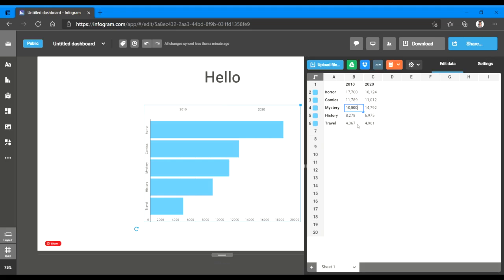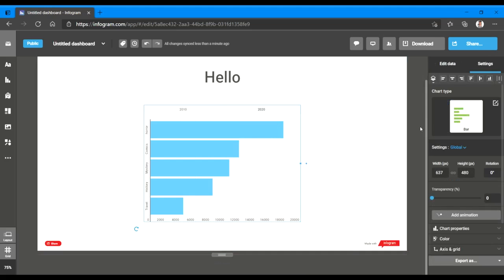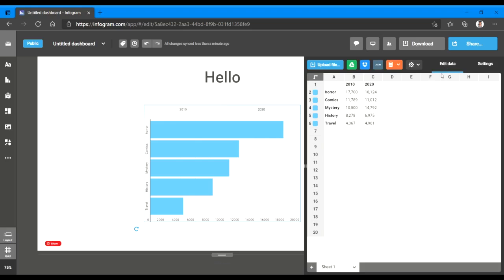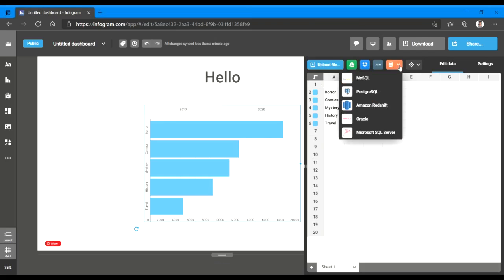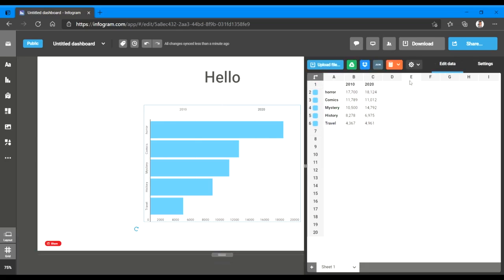You can change the data from here, or you can even upload your own Excel file. Go to the edit data tab and select upload file. So your computer will open and you can select any file which you want. From here you can add files from Google Drive. From here you can add files from Dropbox. From here you can add any SQL files if you have any. So these are the basic functions available here.